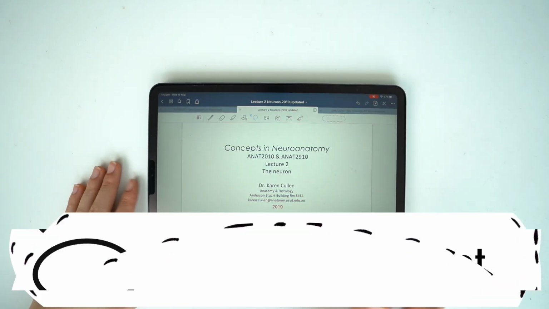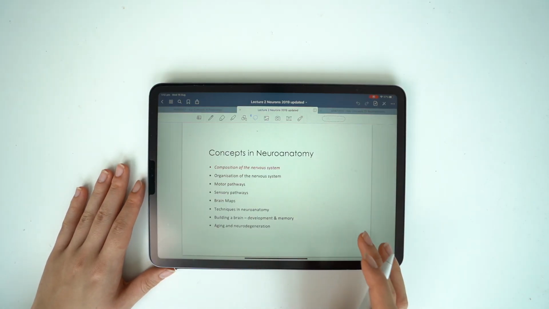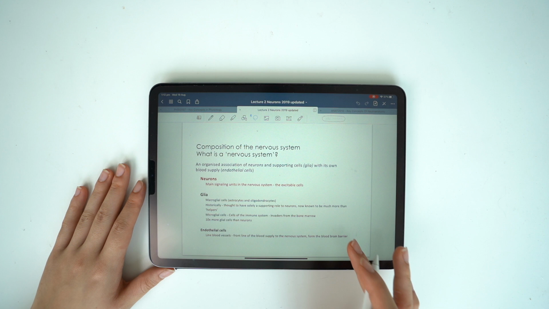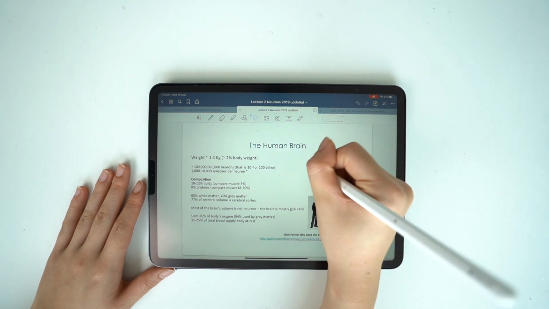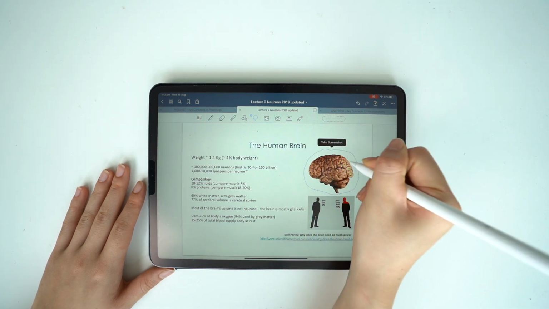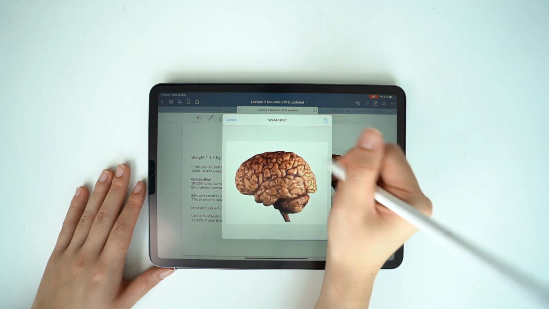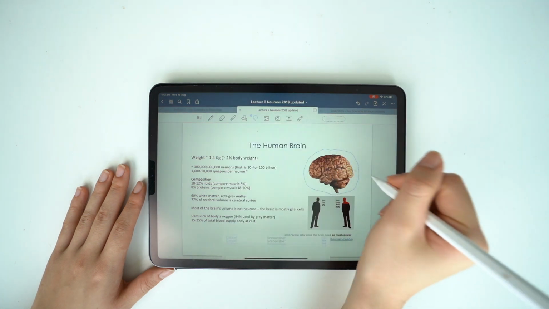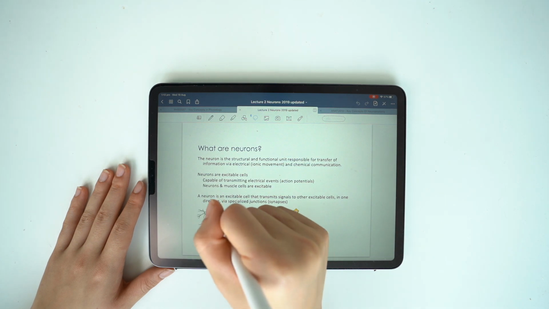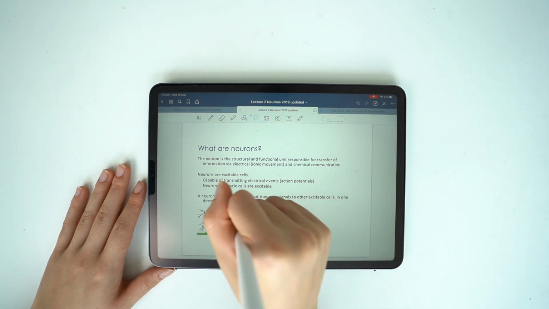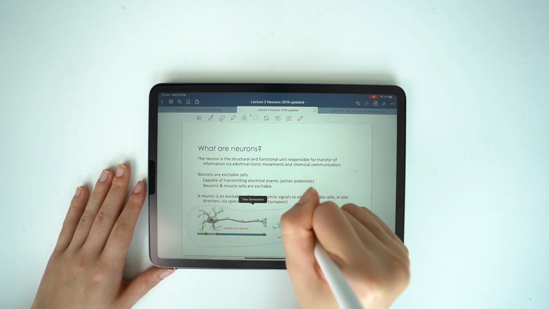So one thing about doing a lot of science-based subjects is that there's a lot of diagrams that can be really hard to replicate. So one thing I do to prepare for my lectures is I'll go through the slides beforehand and screenshot all of the diagrams that I think are relevant that I can annotate whilst the lecturer is talking. So you just want to click the lasso button in the toolbar and then circle around your dedicated area,